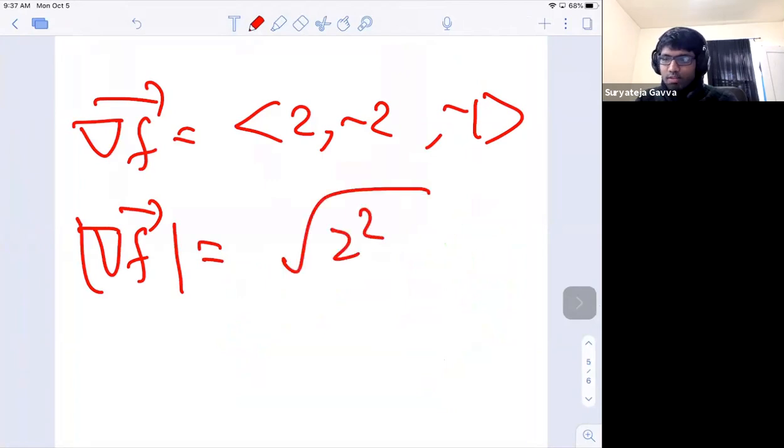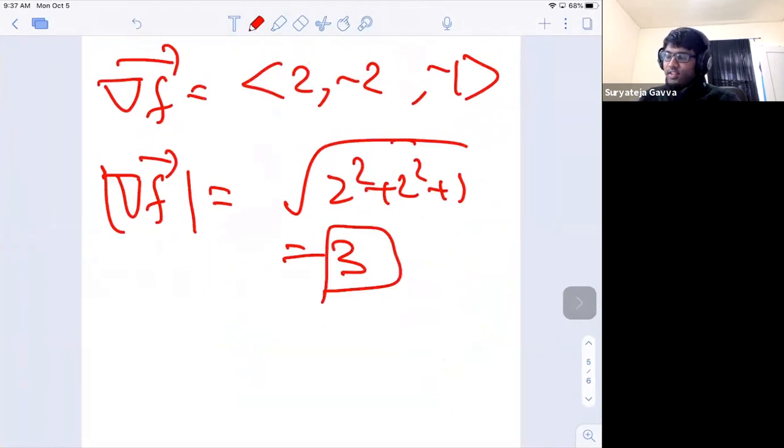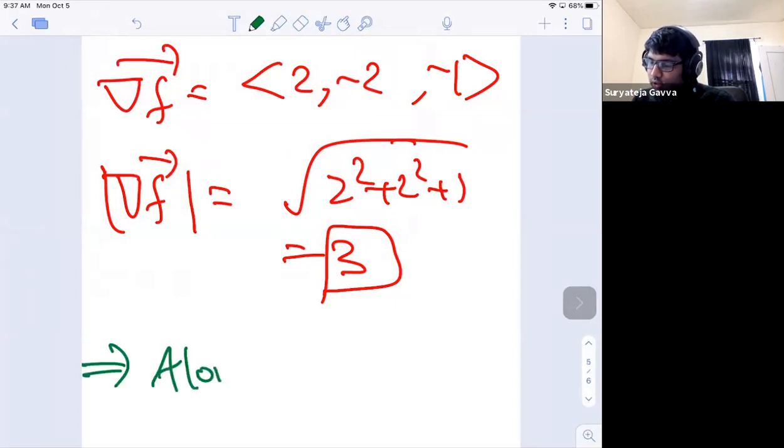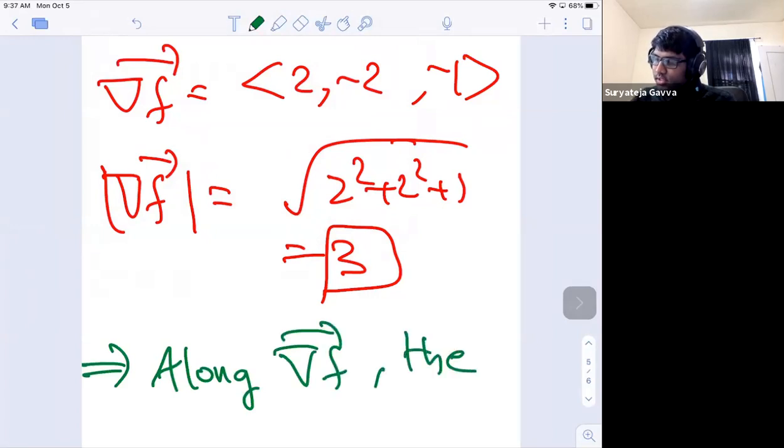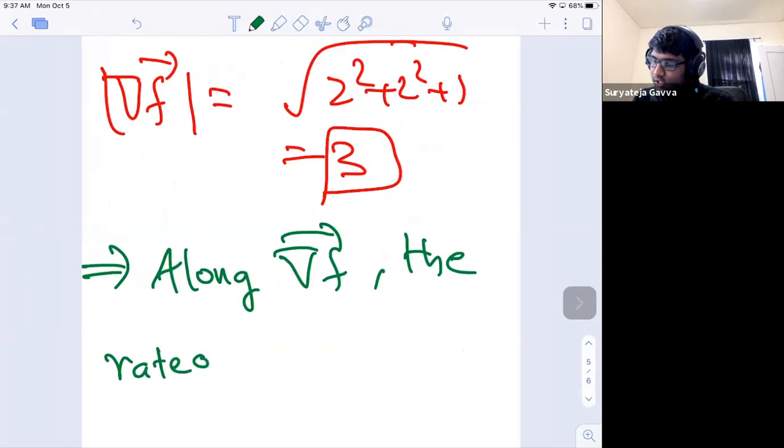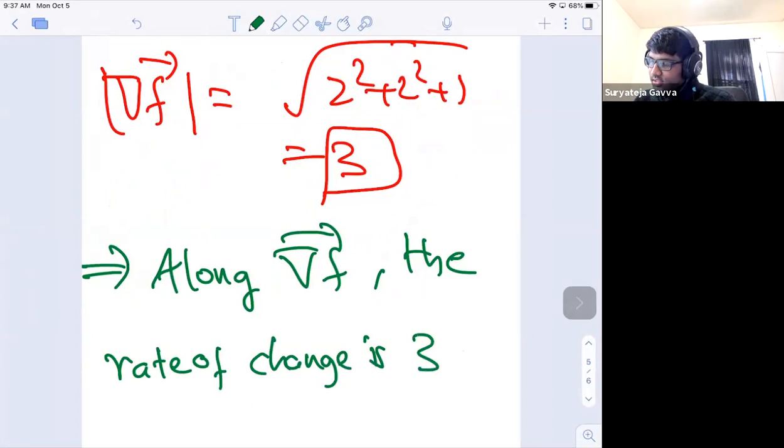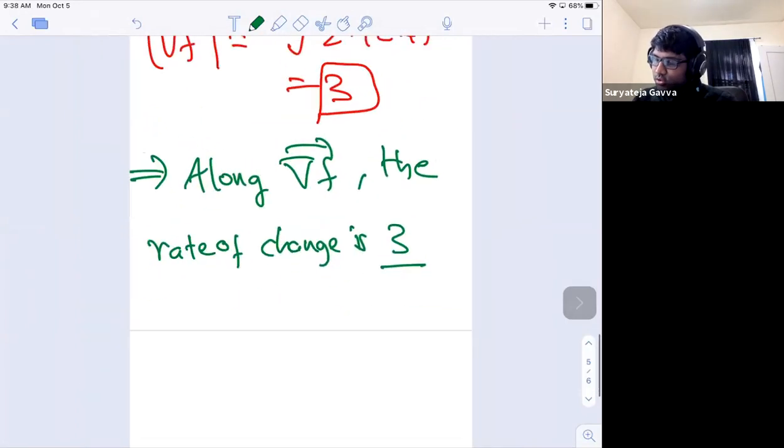Yeah, it's 2 squared plus 2 squared plus 1, which is nothing but 3. So we see that if you move along this direction, the change that you will get is 3. So along gradient f, the rate of change is 3 units, is 3. And in fact this will be the maximum rate of change. Maximum 3 will be the maximum rate of change,